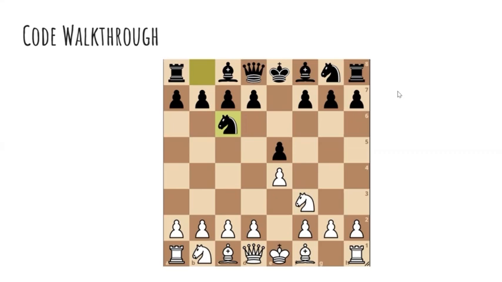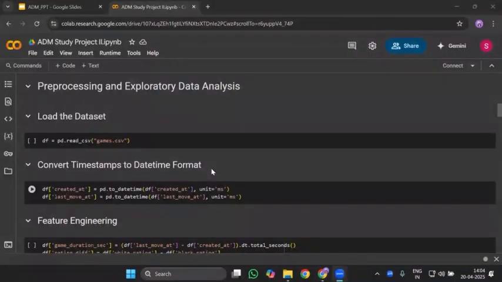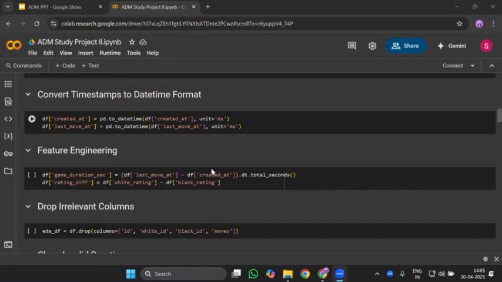Now, I'll take you through the code for this project. First up, we have the pre-processing phase. Once the data is loaded, the first step is to convert the timestamp columns from milliseconds to human-readable datetime objects. This allows us to compute game durations and perform temporal analysis. Next, I calculate the total game duration in seconds using the time difference between the last move and the game creation time. I also engineer a new feature called rating diff, which gives us the ELO rating difference between the